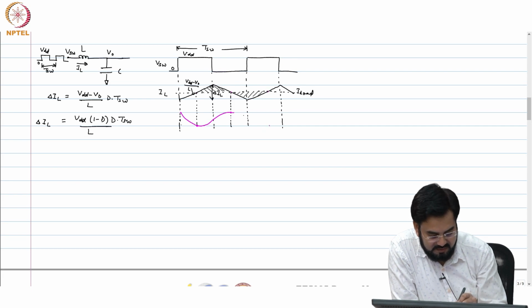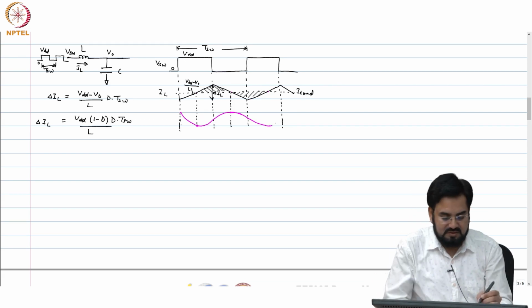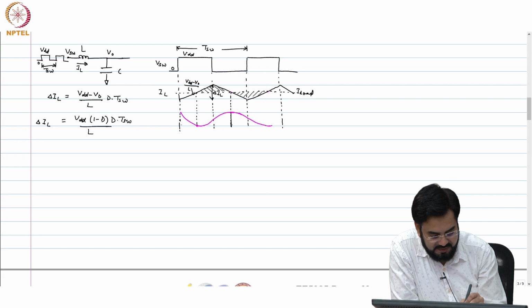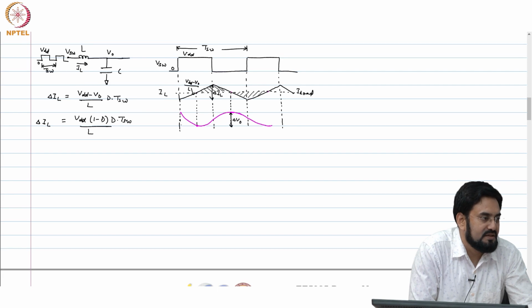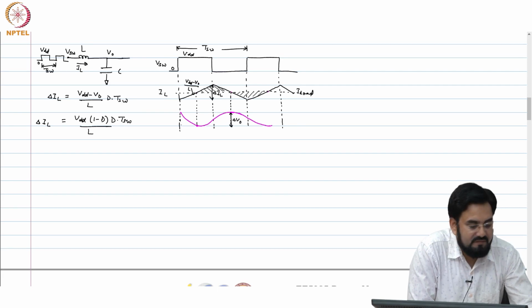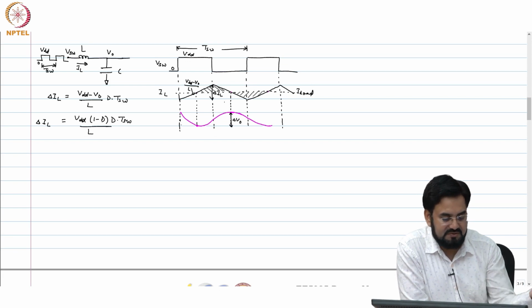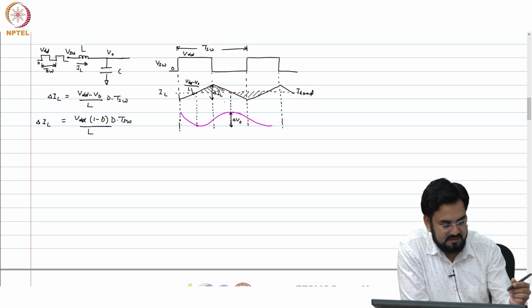Then you come here, okay. So, this is your peak to peak output voltage ripple. So, how can I find this? If I need to find it, one way is you integrate it and find, put the limits, you know the period in terms of duty cycle, you can do and find it. So, that is one straightforward way.